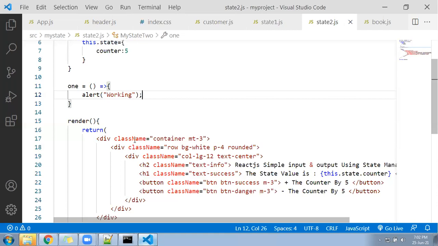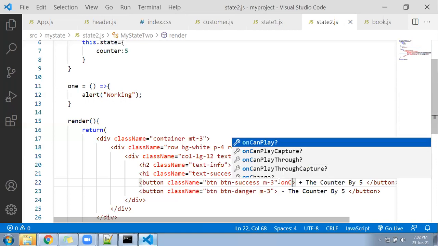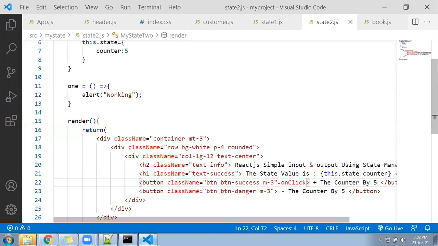Okay, done. After that come down, you are going to click on the first button. The function is here and here is a button. So what to do for that? Let's go here, write onClick. But here it is case sensitive. In onClick the C will be capital. In JavaScript we write onclick directly without camel case, but here you have to write C as a capital.